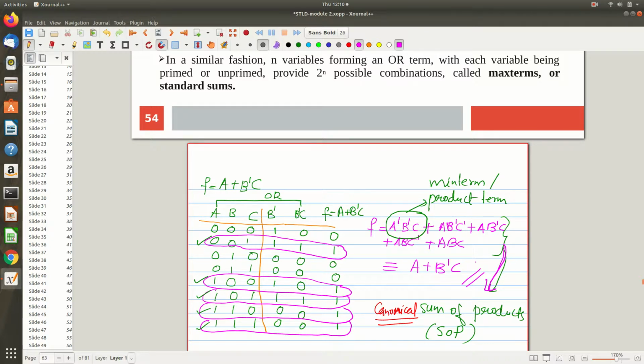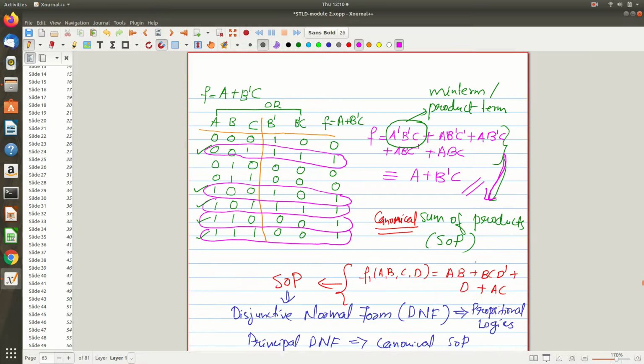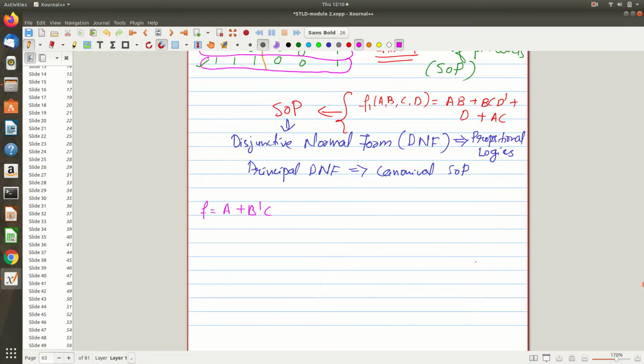Now I am giving you a different way of reaching it. What you have to do is, just for a kind of equivalence, I am arguing once again that this is equivalent to that other form. Both are the same only. What I am doing is focusing on the missing term. Which is missing here? This is the first term, right? Let me call it term 1, and this is the second term, term 2. So in term 1, which is missing? B and C are missing.